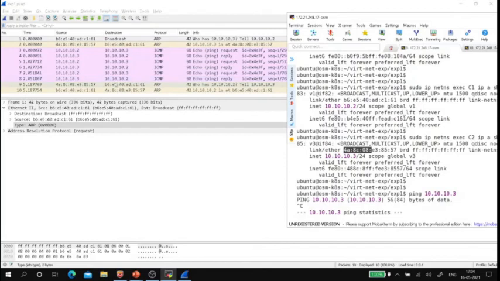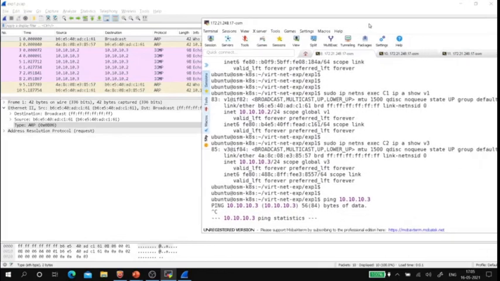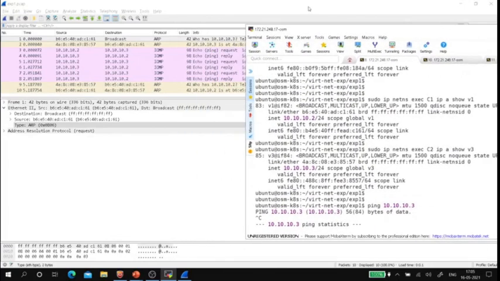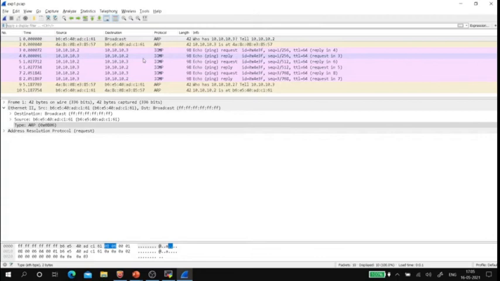After that, even the destination will learn the MAC address of C1. How? See here. He is requesting 4A8C, the MAC address of C2. He is requesting directly to C1: who has this? Do you really have this IP address? He responds saying that yes, I have. This ends the transaction, right? So now we have successfully set up the LAN. We have also pinged. We also understood how ARP works, right? How the transactions happen between the two hosts initially.